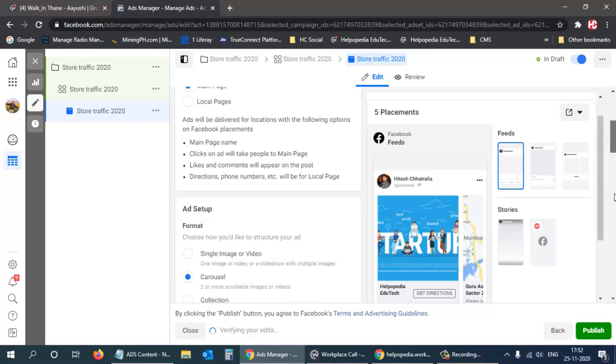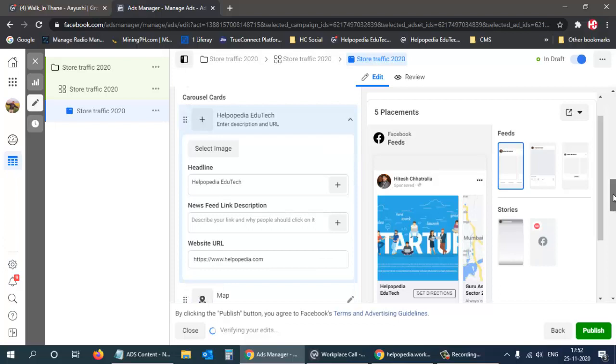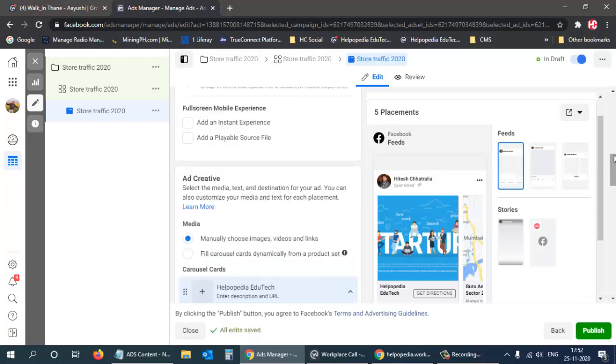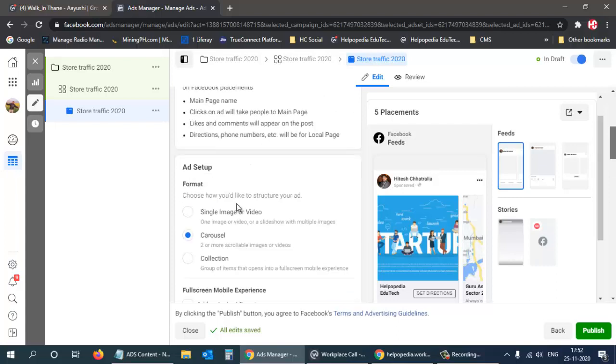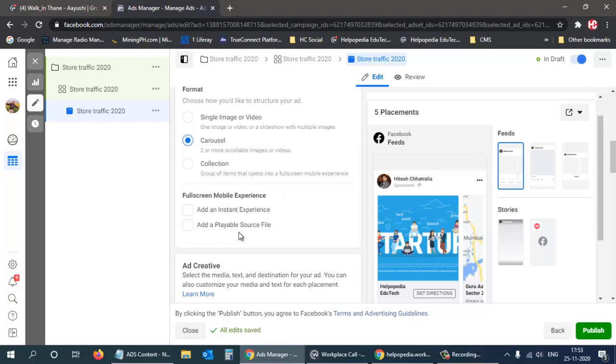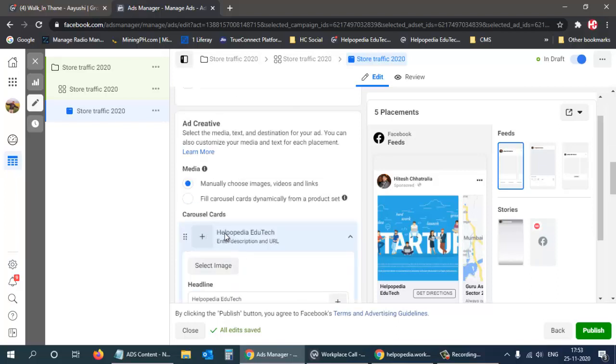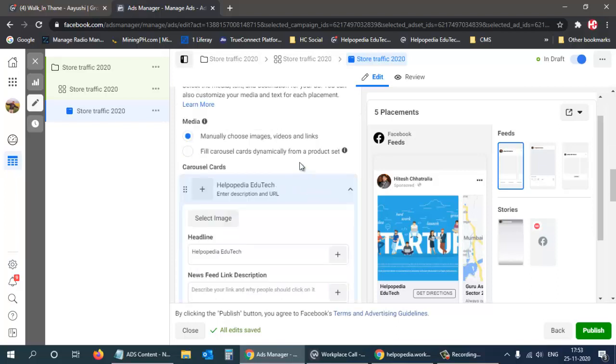So we have selected collection, and after collection we have selected add creative. We have selected manually choose images, videos and links.